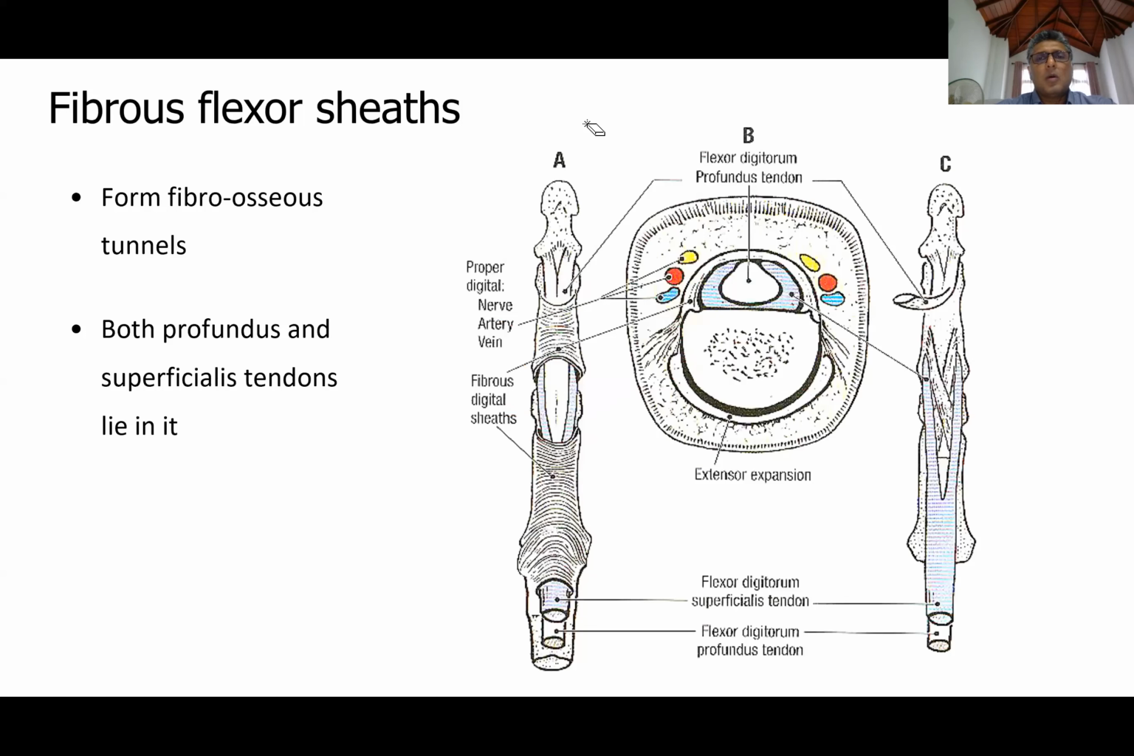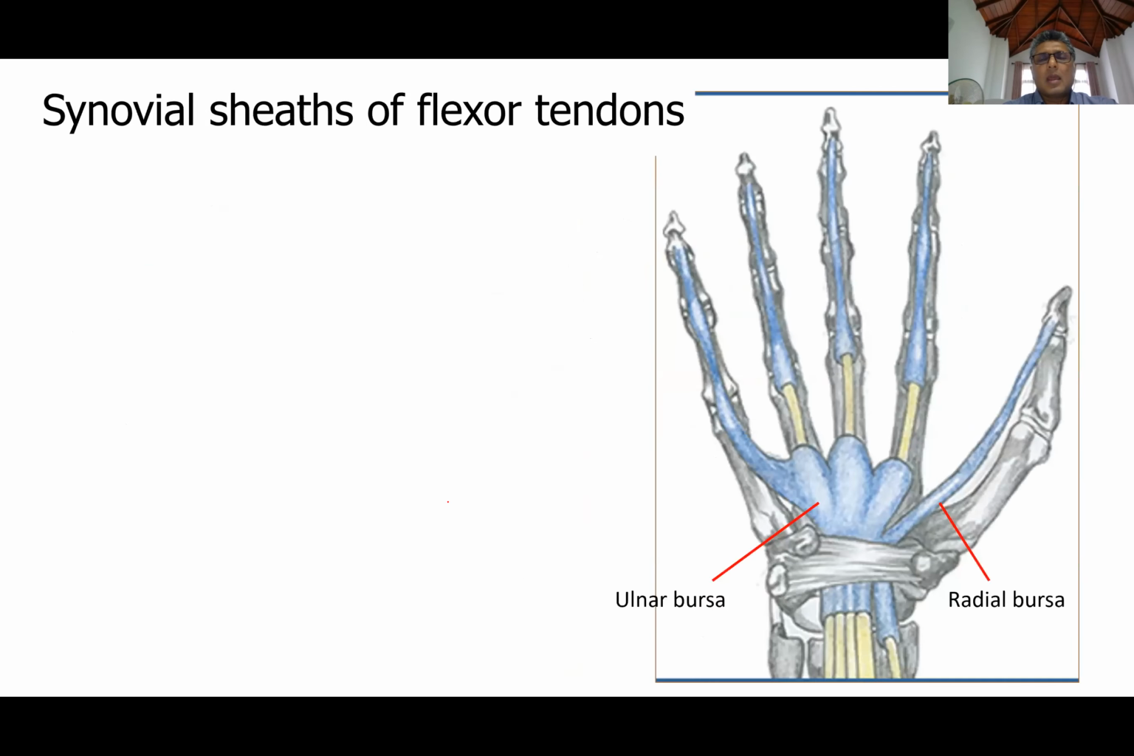Then about the different sheaths in the fingers covering the tendons, there are what are called fibrous flexor sheaths, which form fibro-osseous tunnels, because on one side you get the fibrous tissue, on the other side you get the bone, through which you get the long flexor tendons, flexor digitorum profundus and superficialis tendons passing through. To reduce friction between this fibro-osseous tunnel and the tendon, you get synovial sheaths covering the tendons, the tendon sheaths. Okay, and this is how, if you put them in a diagram,